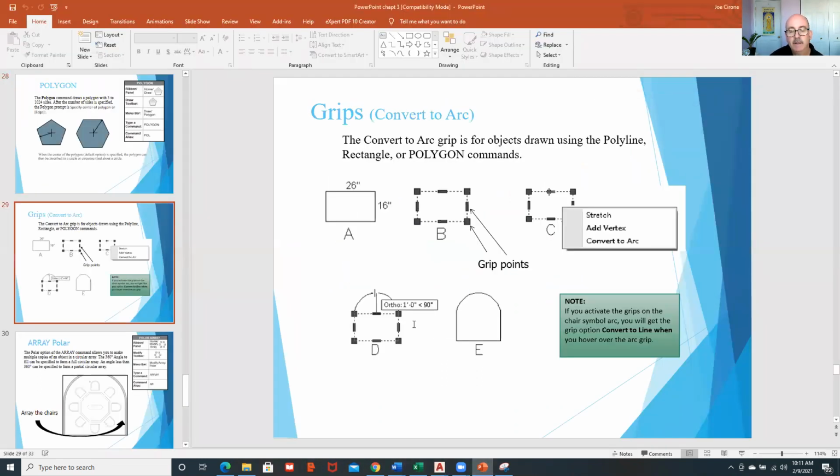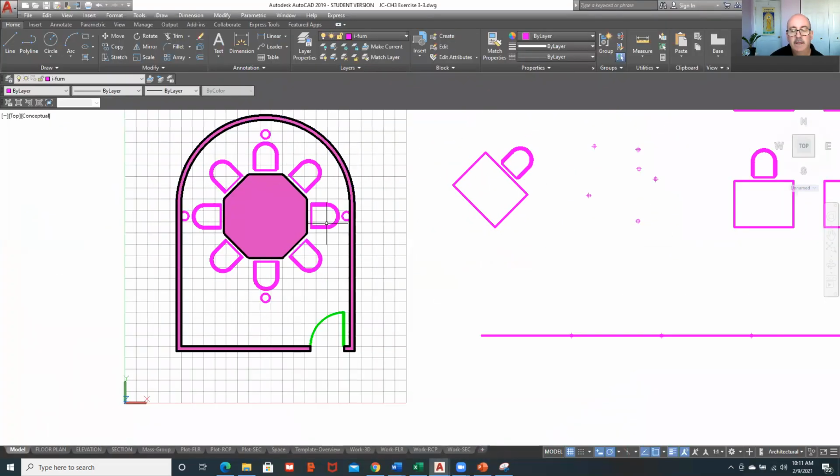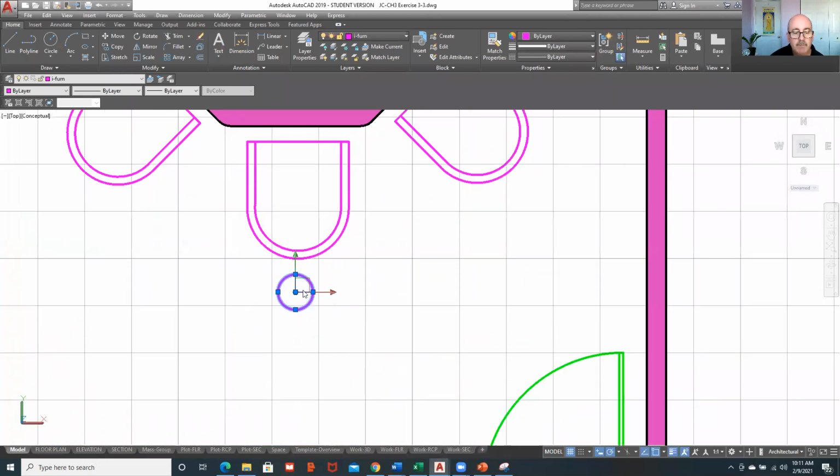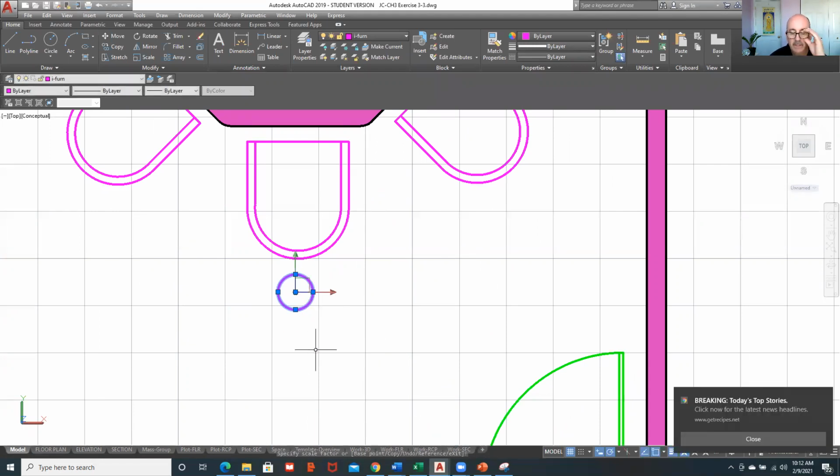The distance command or grips we'll use to edit and stretch different objects. There's a lot to grips. When you grip something like this circle, and I put a grip on, I make it hot. If I hit the space bar, it'll allow me to change it from move to rotate to scale. So grips are toggleable with the space bar. And so you can experiment with that. Continuing on,